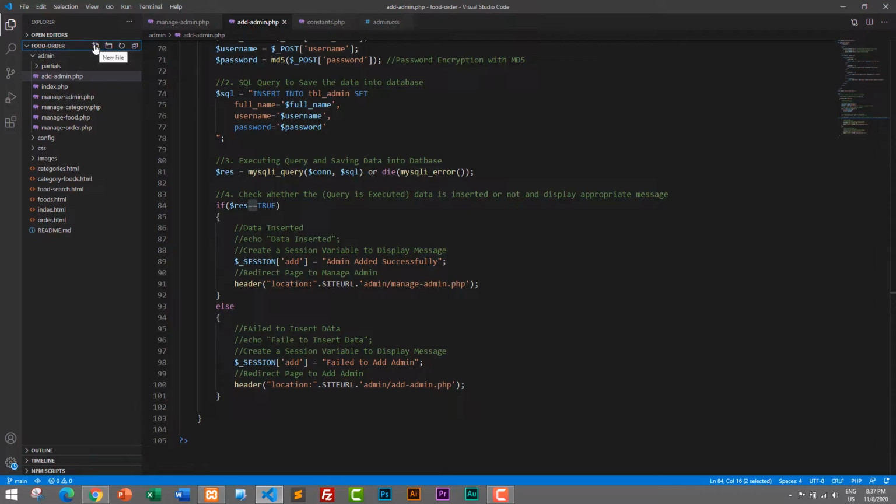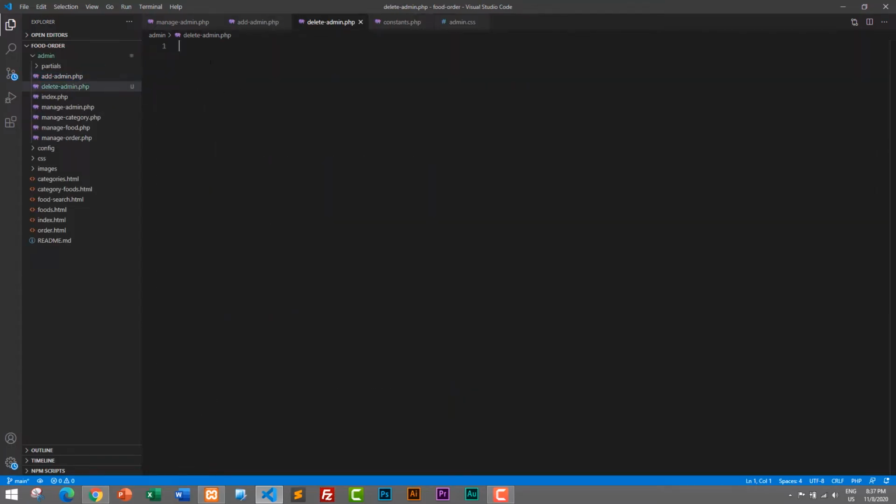Okay, so I'll click on new file icon, and here I will create a new page, delete-admin.php, and here we won't be displaying any front end like we did on add php. We will just process the data or delete the admin and redirect to the manage admin page. So I will open with php,